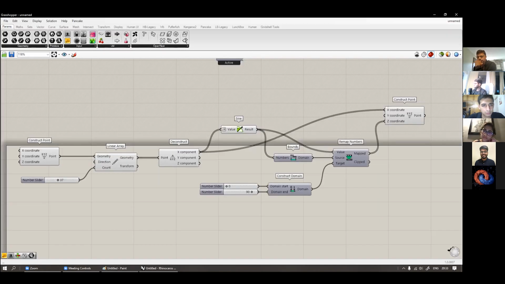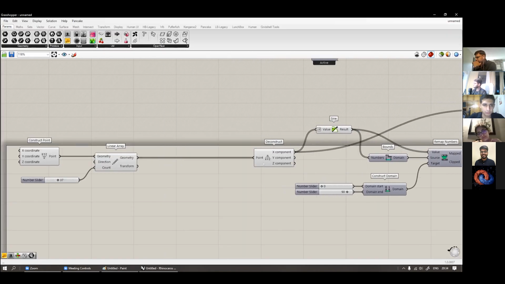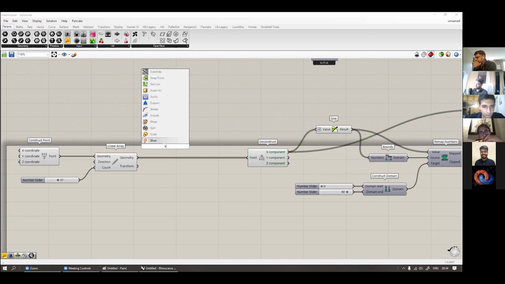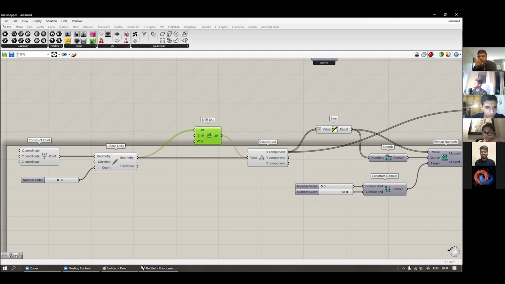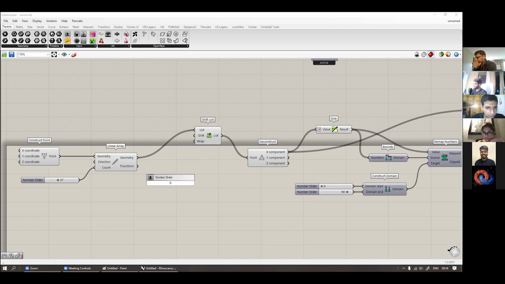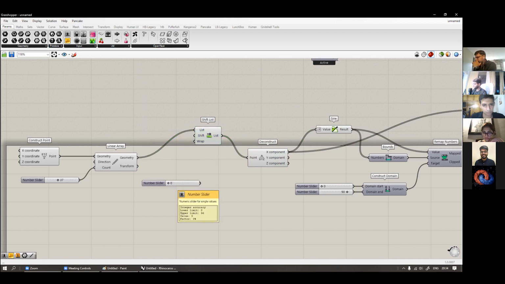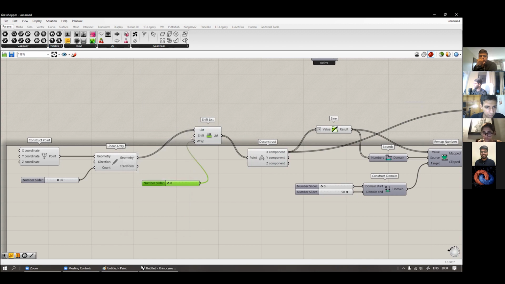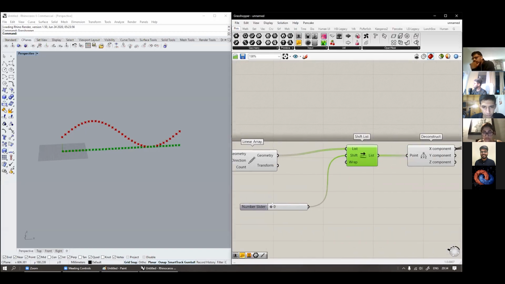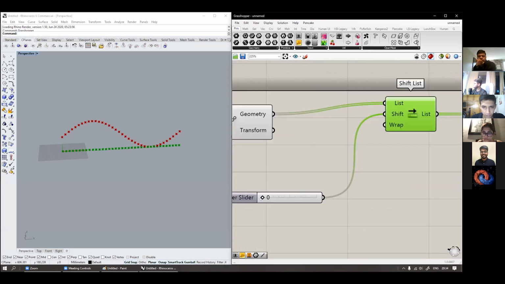So I will create some space over here, and I'll use the component called shift list. I will connect this over here, and then I'll connect a number slider from 0 to 36, 0 to 37 actually, over here, and connect it over here. And now if I change my number slider,